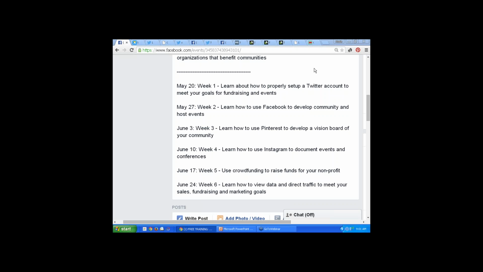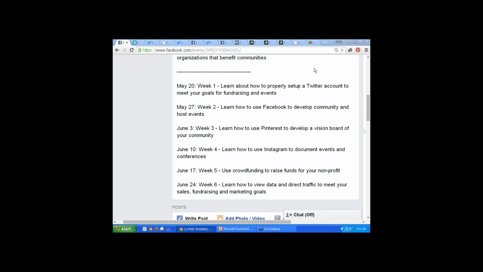Week 4, we're going to focus on Instagram, and Instagram is really a great documentation tool. As a side note, we'll talk about Snapchat as well. Both of these tools focus on saying where you've been and what you've done, which is really what people do with these 2 tools. So in terms of engaging on what has happened, outside of posting pictures on Twitter and Facebook, Instagram is actually more effective in terms of putting together a real record of what it is that you do in the real world.